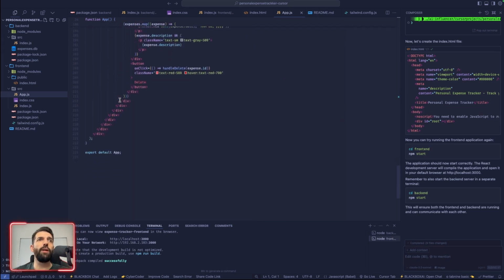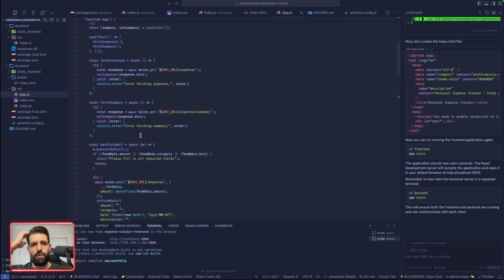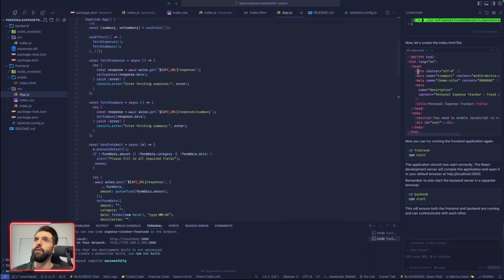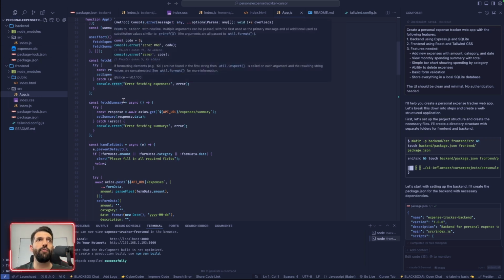So we don't have too many lines of code, only like 224 lines. But as you can imagine, web apps become pretty complicated pretty quickly. Now, to be fair, I haven't specified the separation of concerns inside of my prompt, right? I just told it to create a backend and a front end, and it really delivered on that. So we have a backend folder, front end folder, so we have some kind of separation of concerns, and the